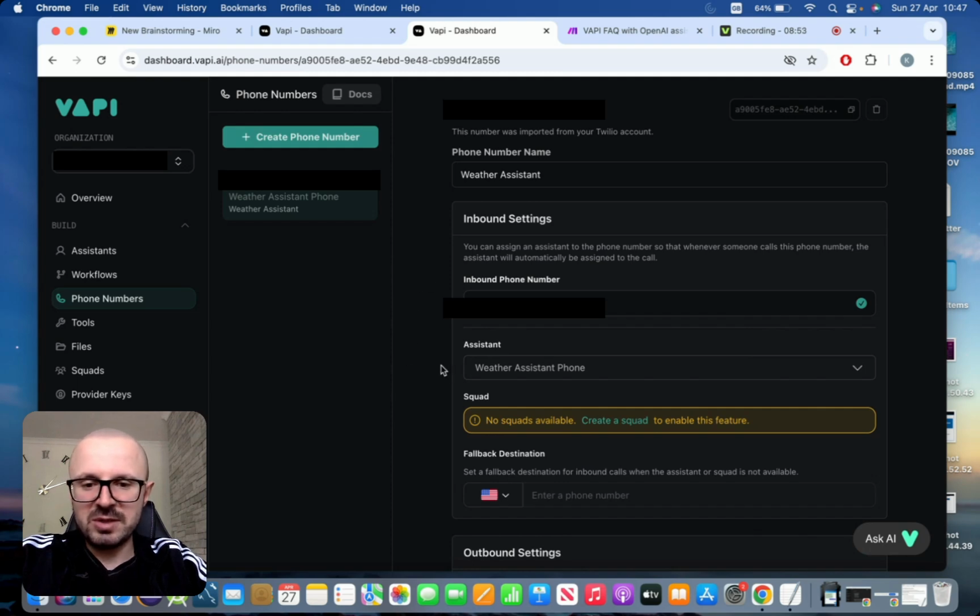You can see that this number is assigned to an assistant, currently one of my previous assistants that I've created. So what we need to do is open this drop down and select the name of the assistant which we just created. I have changed the name of the assistant, so now this assistant is assigned to this number. The next step would be to call the assistant on the number that we have and see